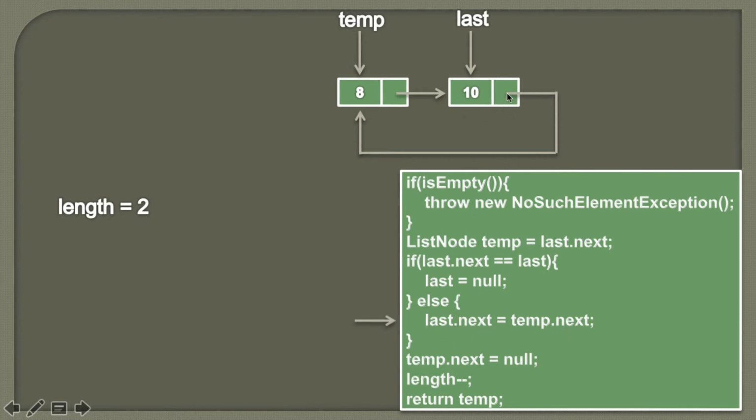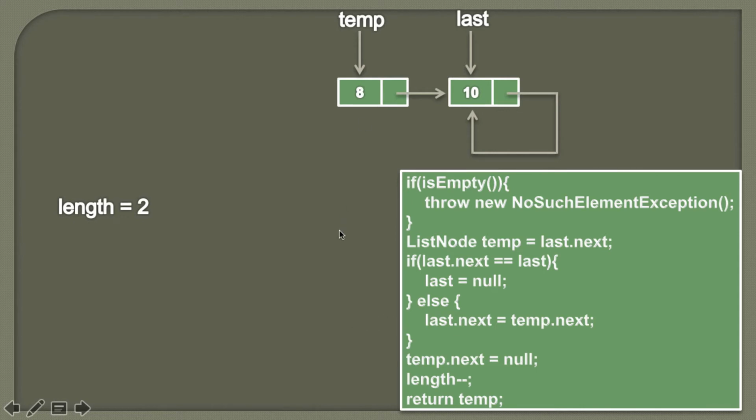So we know that we have to remove this link, and when we remove this particular node having data as 8, we know that now 10 will become our first and the last node both. Therefore we are simply assigning the value of temp next, which is the node having data as 10, to last next. So it would look something like this. So here you can see the link is removed and then we are assigning temp next to last next. So it would look something like this. So friends, here we have removed the link which is referring to this particular node which we want to remove.